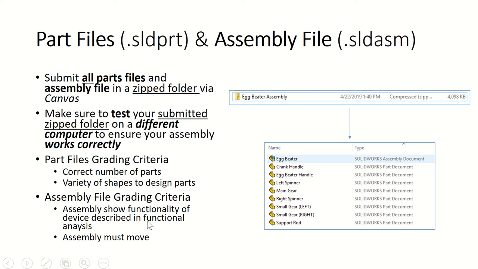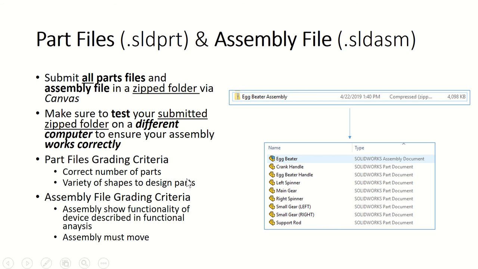For the assembly file, I want your assembly file to show the functionality of the device described in your functional analysis. So you tell us what the point of your product is. I want your assembly file to actually show me how the product works. And your assembly must move, okay? Everything should be fully defined if that part does not move, or fixed, not fully defined. But if it does move, you should not have all of your degrees of freedom